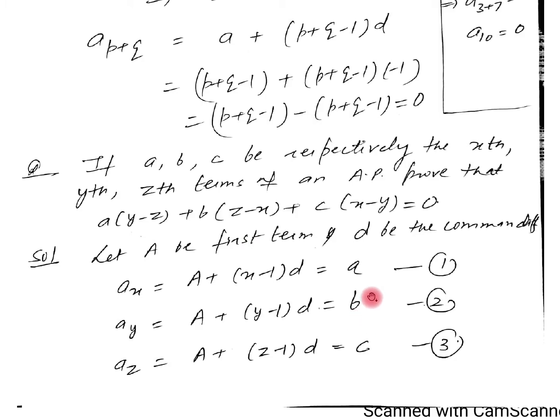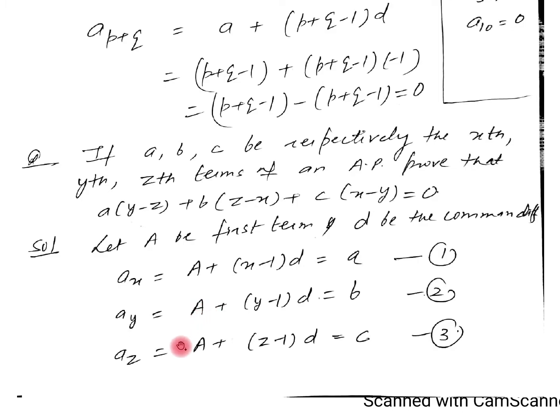One way is we just put the values of a, b, c in the result to be proved. Then simplifying it, all the terms will be cancelled and it is equal to 0. It is one of the ways. It can be easily done. What we have to do is put the values of small a, b, c in the result to be proved. When we simplify, all the terms will be cancelled. And there is another way.